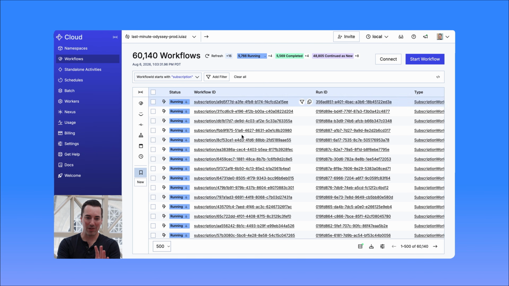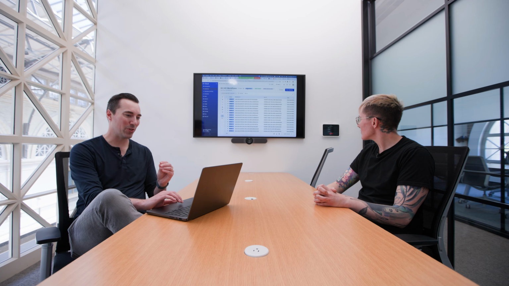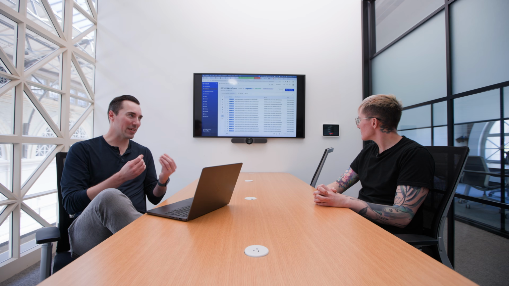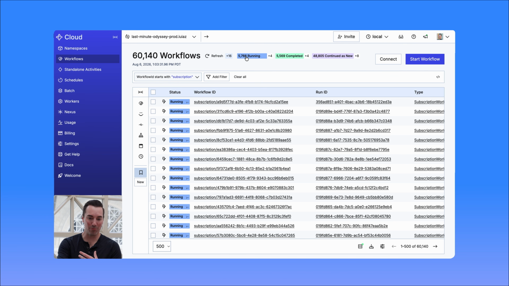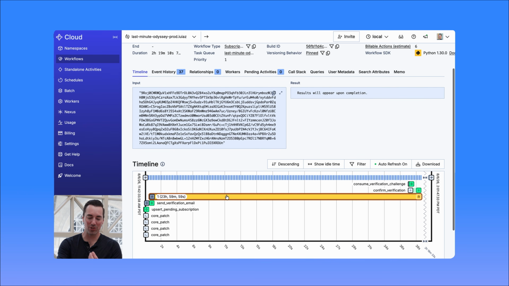This is what the Temporal dashboard looks like. So you can see I'm running quite a few thousand active workflows right now, which usually you want to map to a specific entity within your business logic. So for example, I have one workflow for every subscription. If you zoom in on one of those, you can see here's what it looks like for a brand